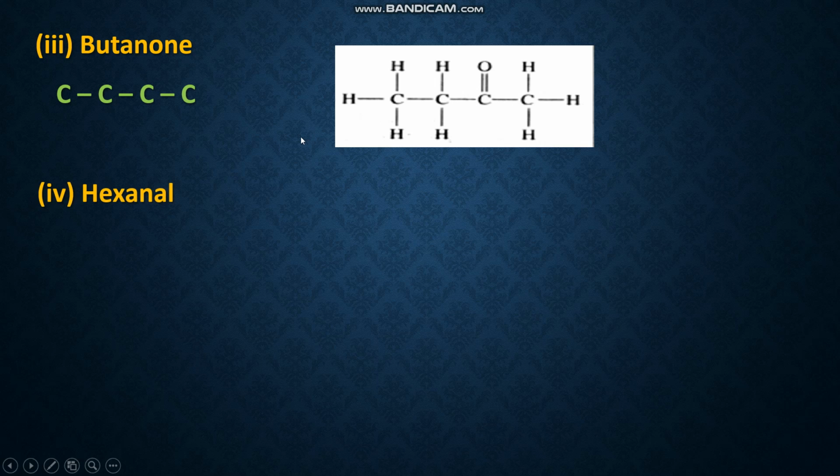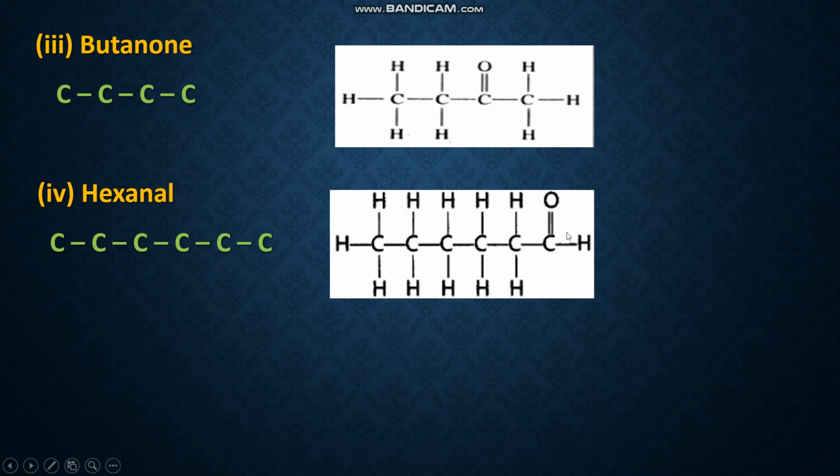Next example, hexanal. Hexane means how many carbon atoms? 6. So draw the carbon chain containing 6 carbon atoms. As the suffix is Al, which class of organic compound is it? Alcohol. Alcohol, we are giving the suffix Al. Alcohol, what is the functional group? OH. So attach one OH group here. Remaining valencies should be satisfied with hydrogen. So this is the structure of,